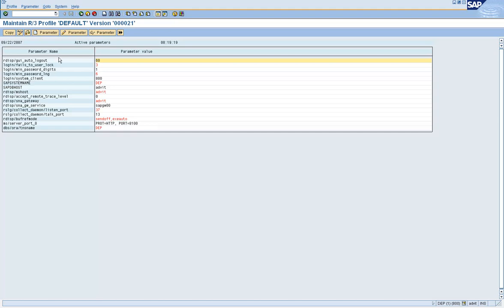The reason is that once you make a change to the profile parameters in this list, either by creating a new parameter or changing the values, the SAP system has to be stopped and restarted for these parameters to become effective. The system restart is a basis job, not your job. You don't need to do this.